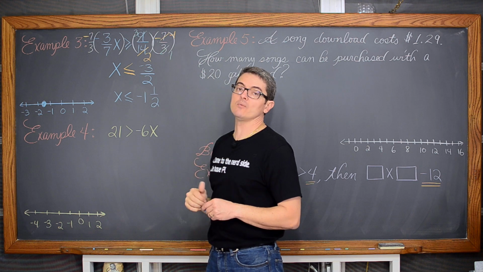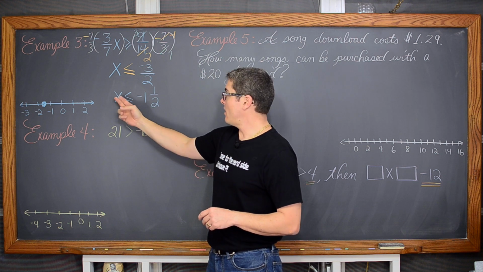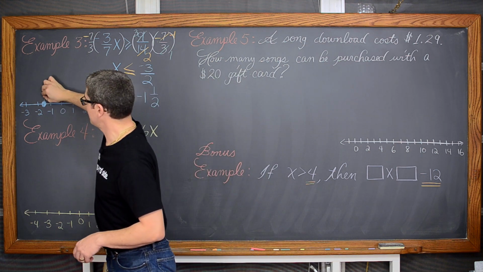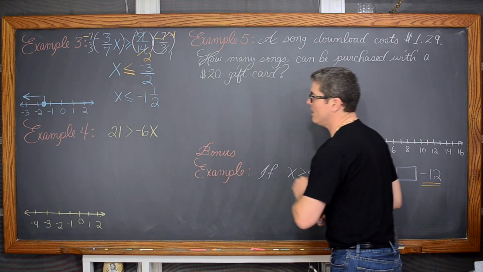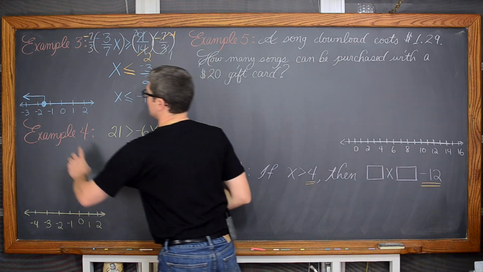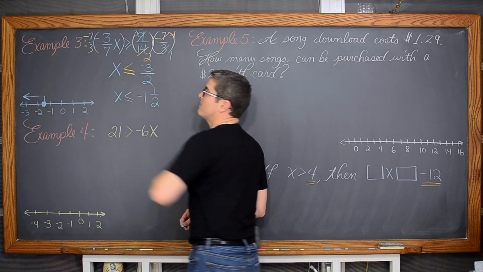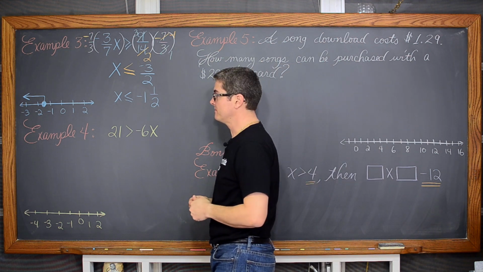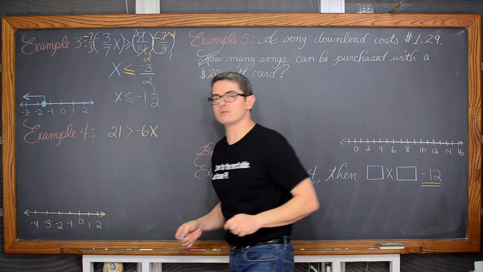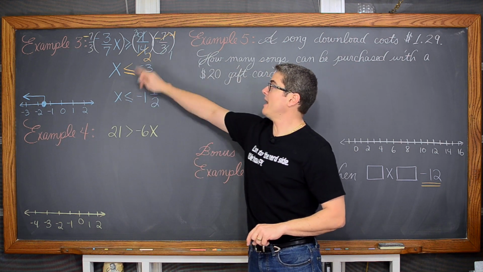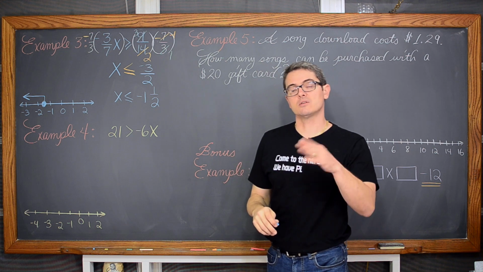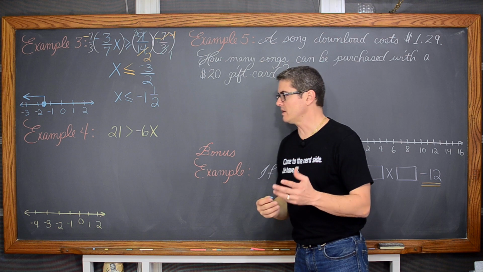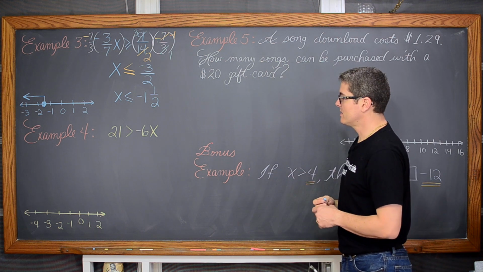So reading this left to right, we have less than. Well, where are all of the numbers on the number line smaller than negative 3/2, or less than negative 3/2? That would be to the left. And there we go. If you want to make sure this is right, you can take a value in your shaded region, plug it back into your original inequality, and make sure that you get a true statement. And you can make sure that your dot is in the right spot by taking that negative 3/2 and plugging it back into the original inequality and making sure that the two sides match, even if there's not an equal sign as part of your inequality, just to make sure you found that correct critical value.